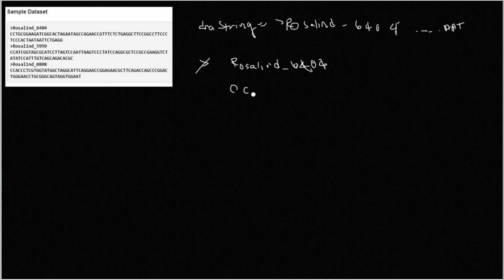So C, C, and so forth, and then G, G, G. And then at some point, we're going to encounter another greater than symbol, so that's going to reset again. And it follows that same general pattern,